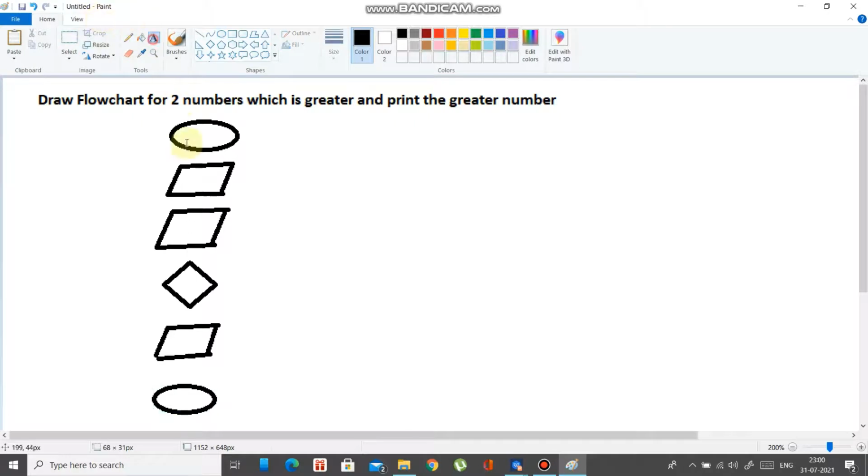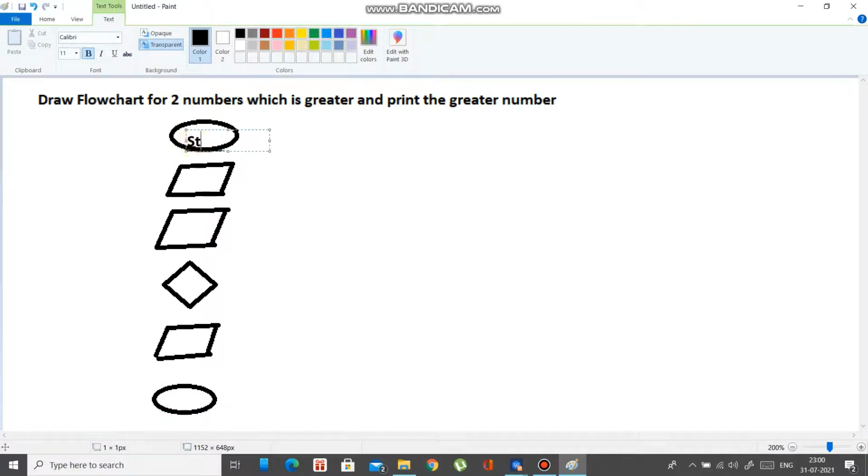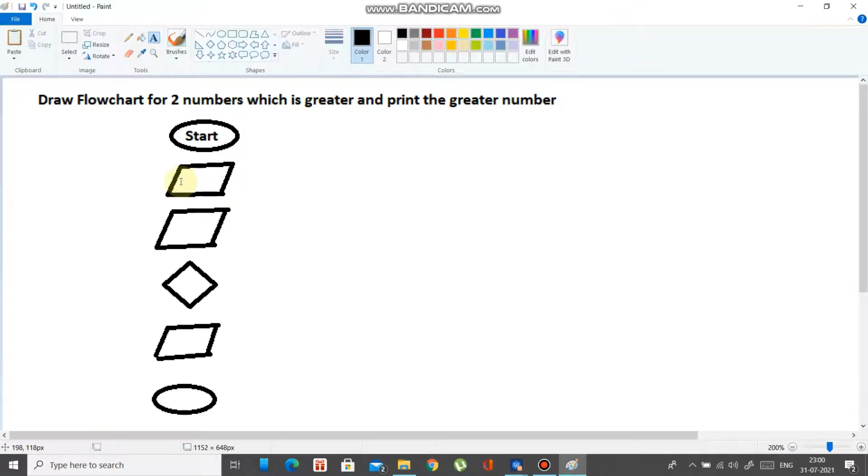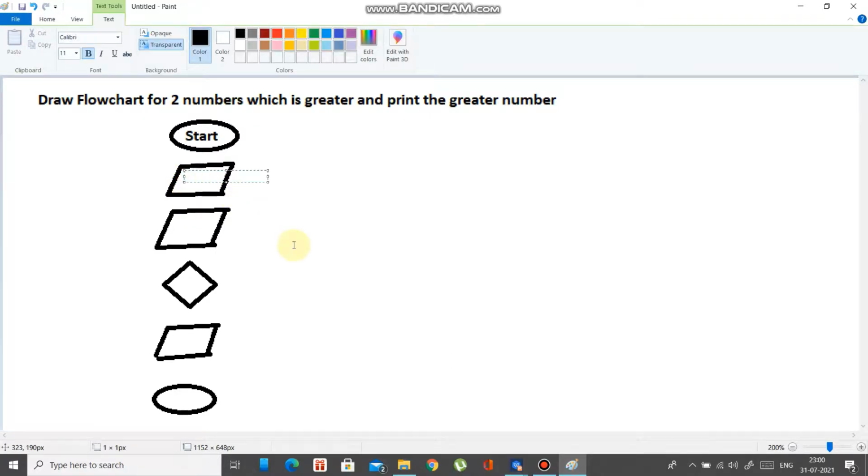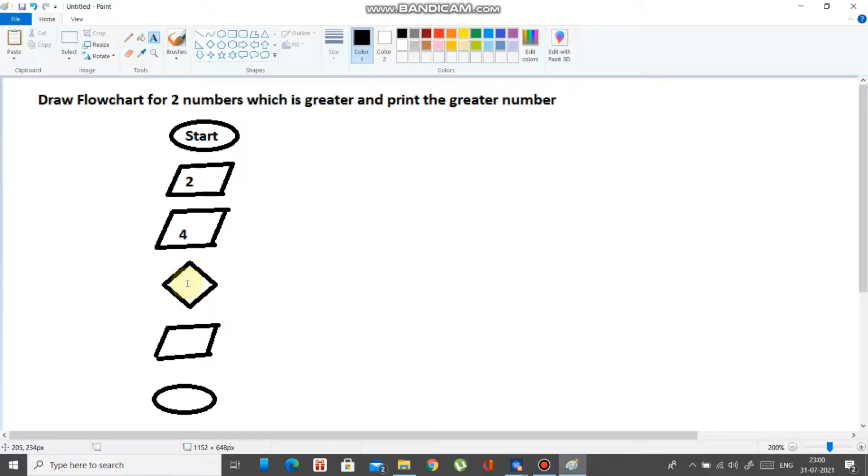See here we are going to start. Now let's take input 1 as 2 and input 2 as 4. Now it has to decide which is greater. Now we should represent it, right?